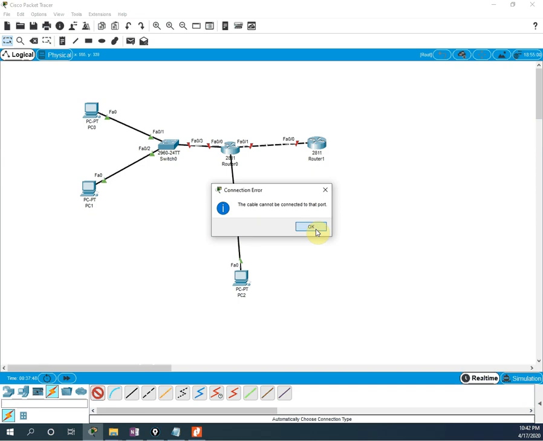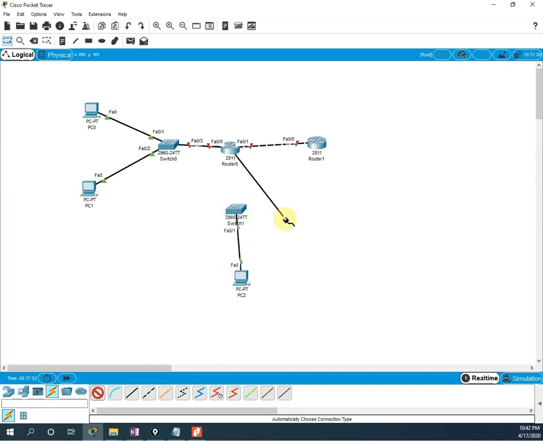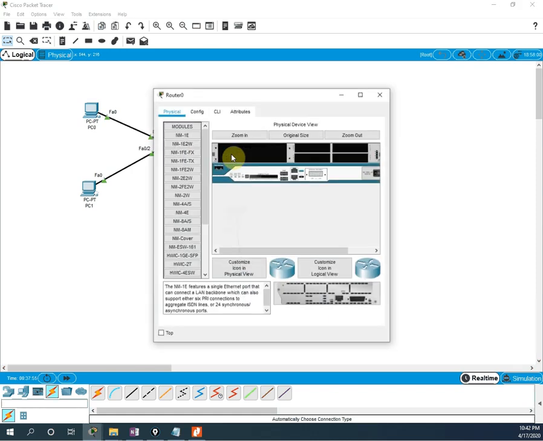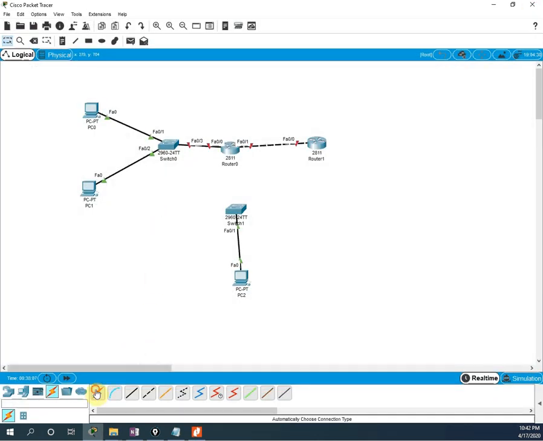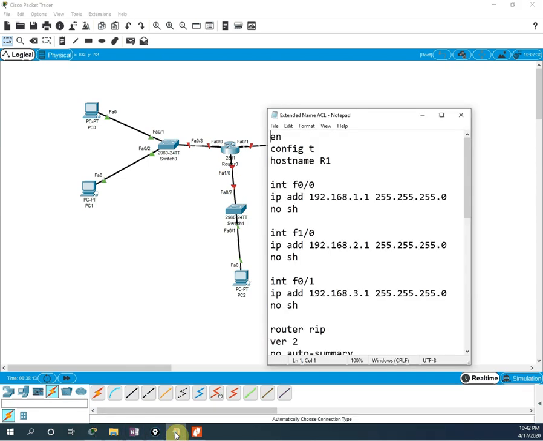See, the cable cannot connect. So what I can do is bring more interfaces. How are we bringing them? We need to open the router like this, switch off the router here, and then I will take this card and insert it here. Then I will switch on the router, and then we can try to connect. Then I will connect here F1/0. So let's see what we wrote here. F1/0.